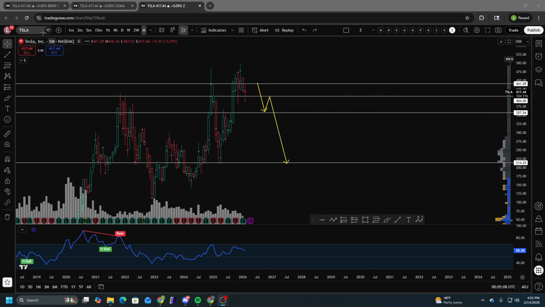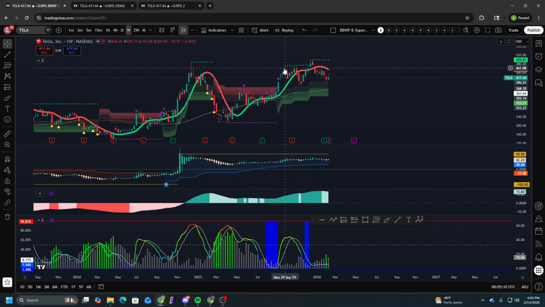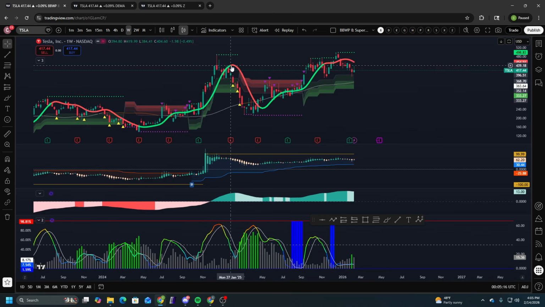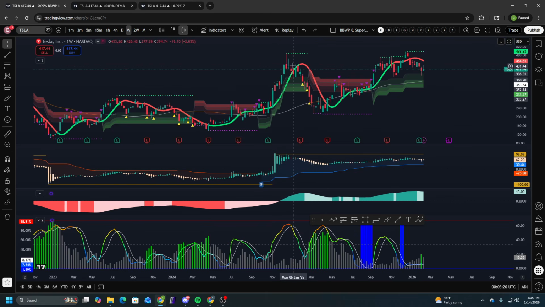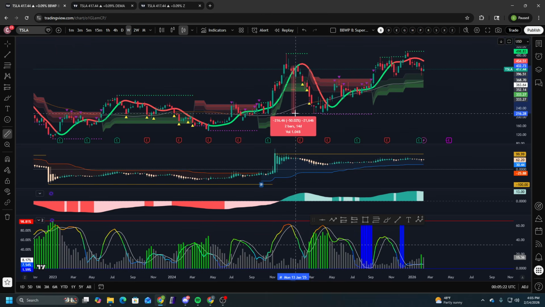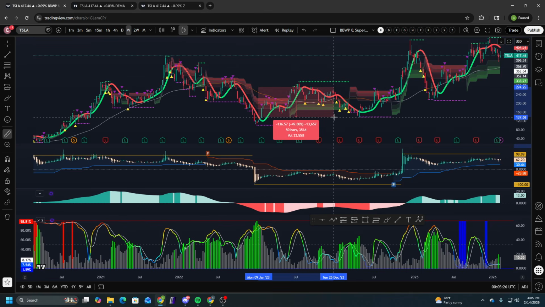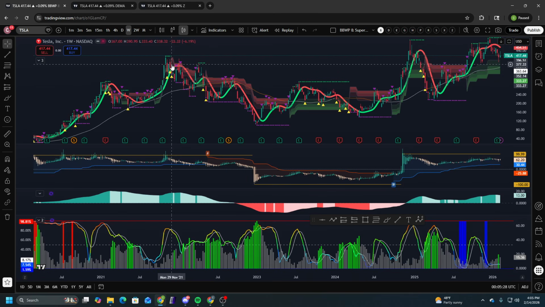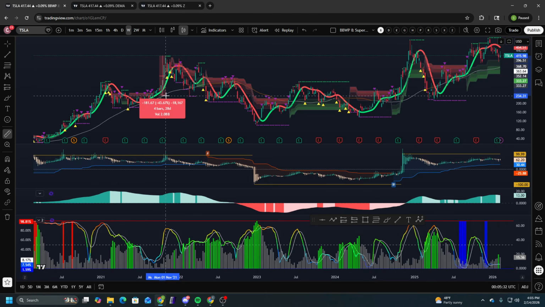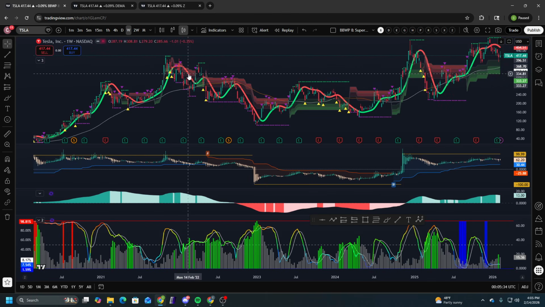So, just hopping over here into some of the macro indicators, you'll see that on the megatrend we're already starting to print red, and generally when we start printing red here, it's kind of a precursor to a dump. Pretty significant dump here, 50%. Dump here, 50%. And then there's multiple here where we went 43%,